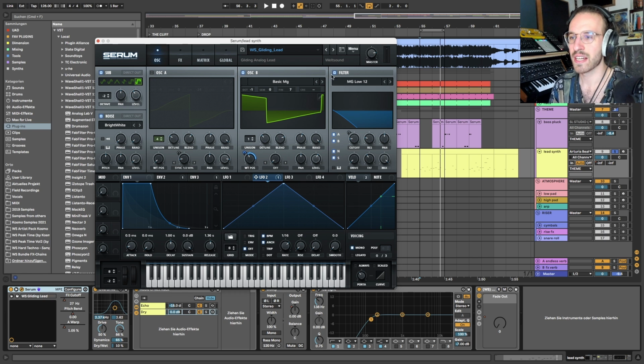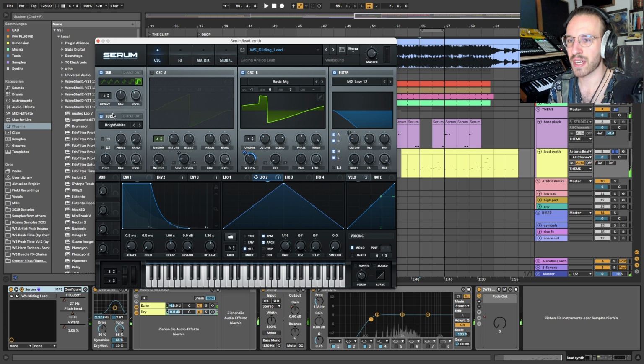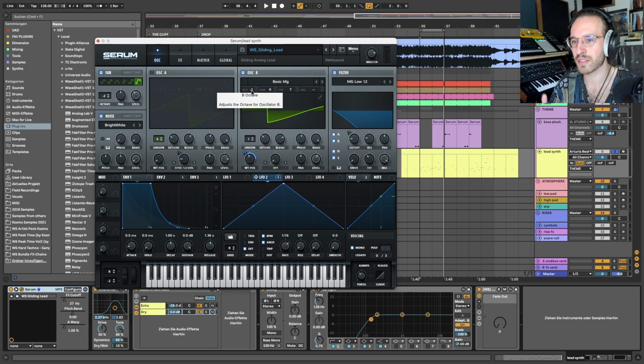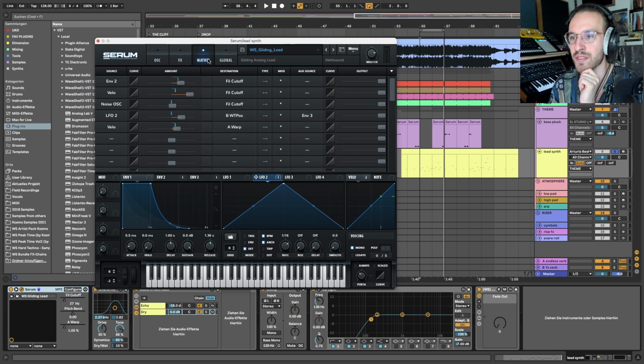stereo image, right? So sub and oscillator B together, they already form a nice combination. This one is at -2, this one at -1, so we have the different octaves already and a little bit of different tonal structures. So lastly, what we're adding is this oscillator A, and I just said I don't like unison that much. This sound is not as plucky and punctual as the other one, so unison is fine, but